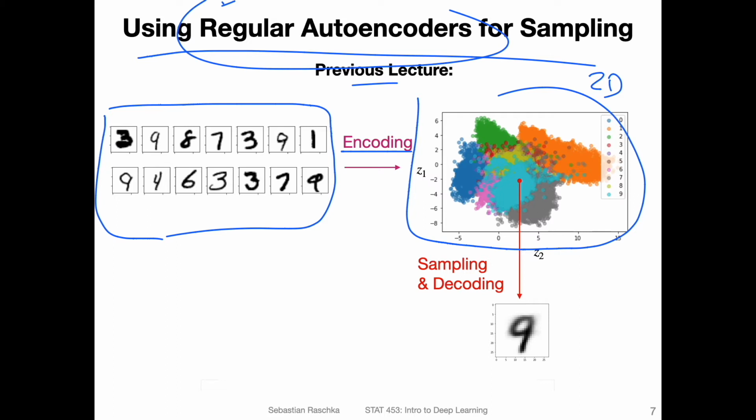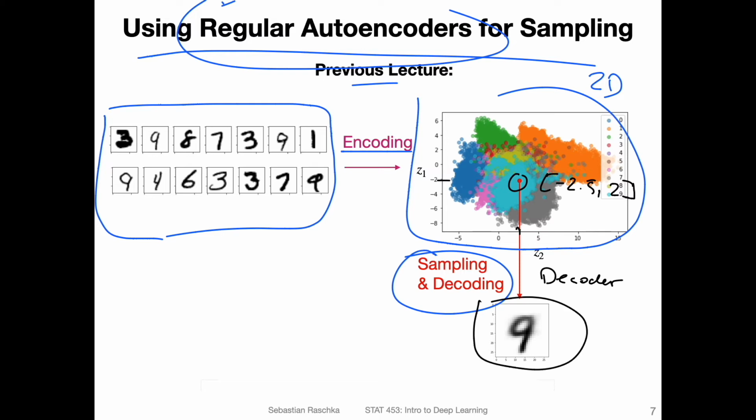So at the end of the previous lecture, in one of the code examples, what I also did is, when we had this latent space, I was just looking at it and picking an arbitrary point. I think I picked something like minus 2.5 here, and 2. So I picked a point, and then I put this through the decoder, and what came out was a handwritten digit.